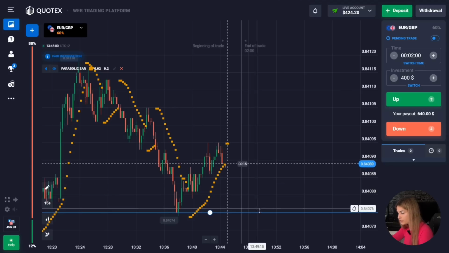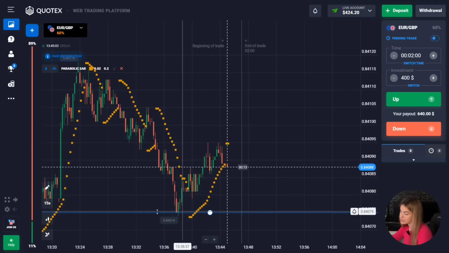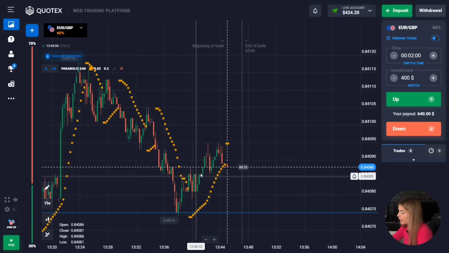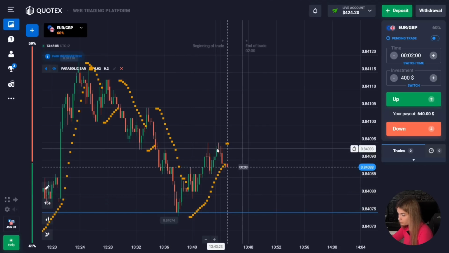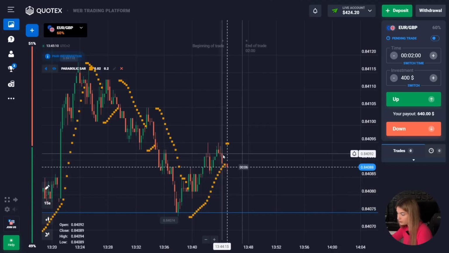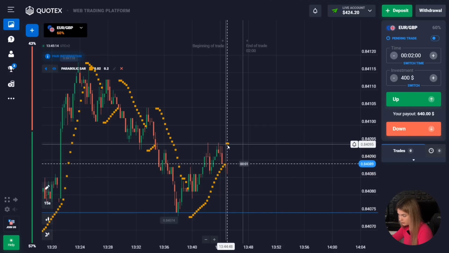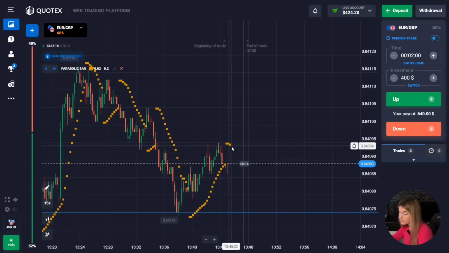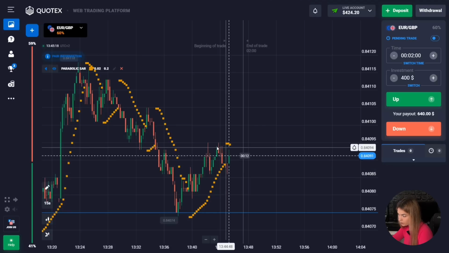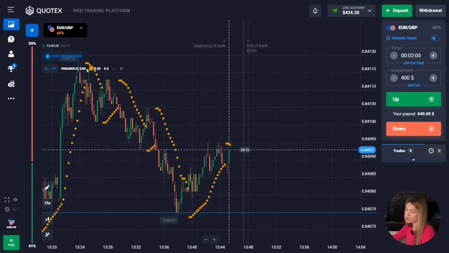We have a support level down here. At the same time, we can see that there has been an upward pullback from the level. And so, after a pullback from a certain point, the price turned around. At the moment, red candles are starting to form. Also, at the same time, dots begin to appear above the graph. This means that a downward movement is expected. We also see that the overall price potential is mainly going down.